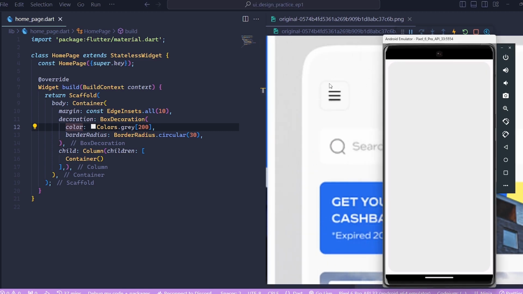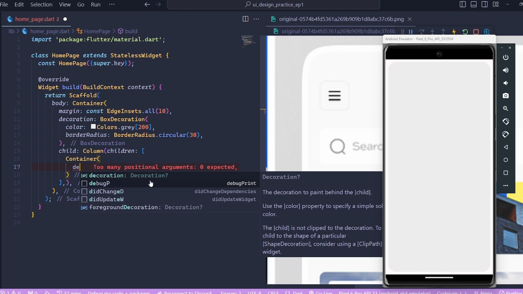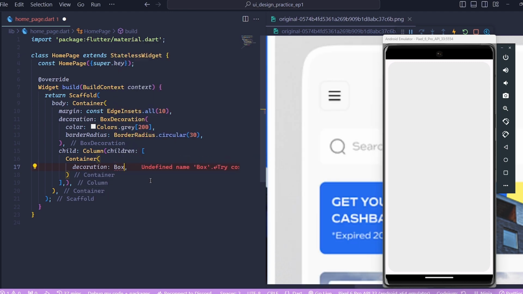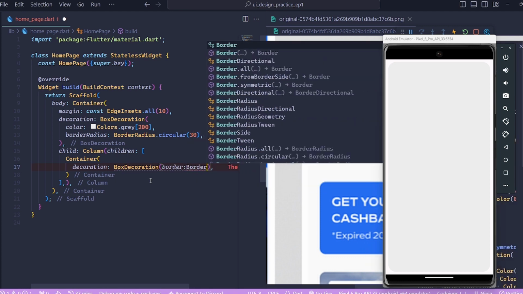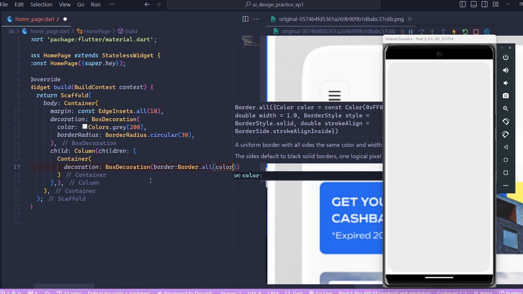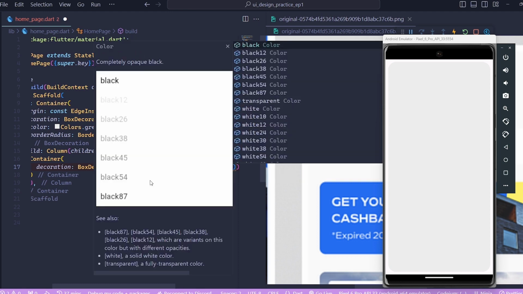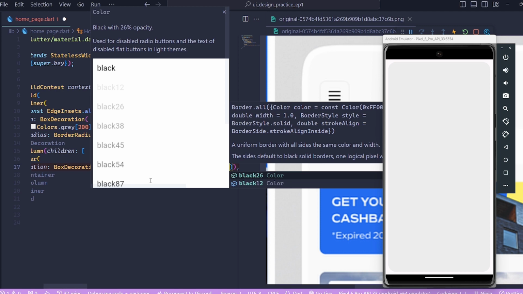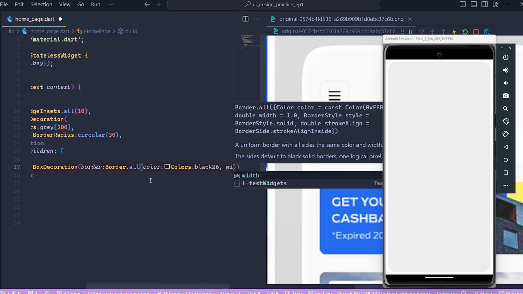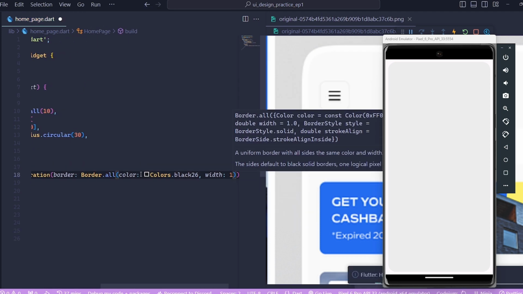One being you can actually set a shadow for it, or maybe you can set a border stroke for it. Alright, we want to take the second way and actually set a border stroke. So let's say decoration and then box decoration, and then border and border.all, and then declare a color, which is going to be, for example, Colors.black38 or maybe 26. Yep. And then a width; I think width is by default 1, but I'm just going to set it to be